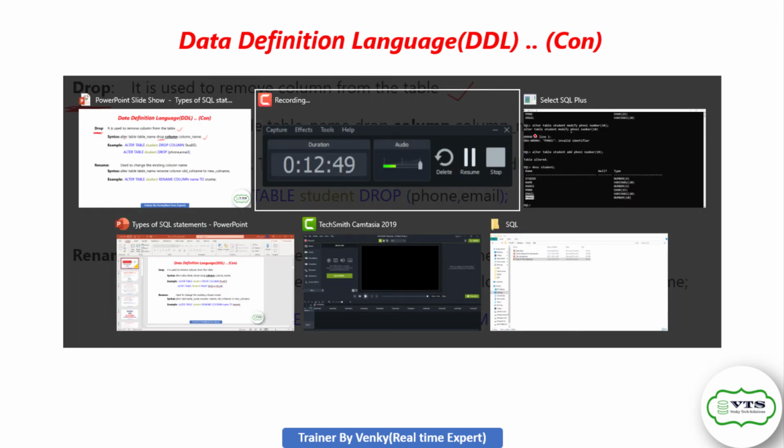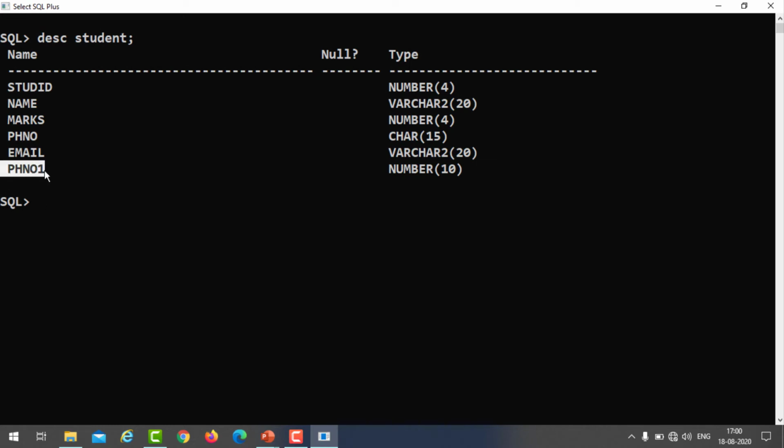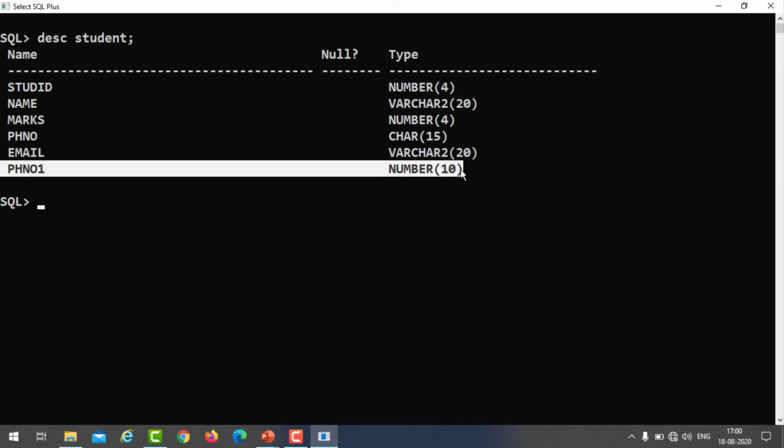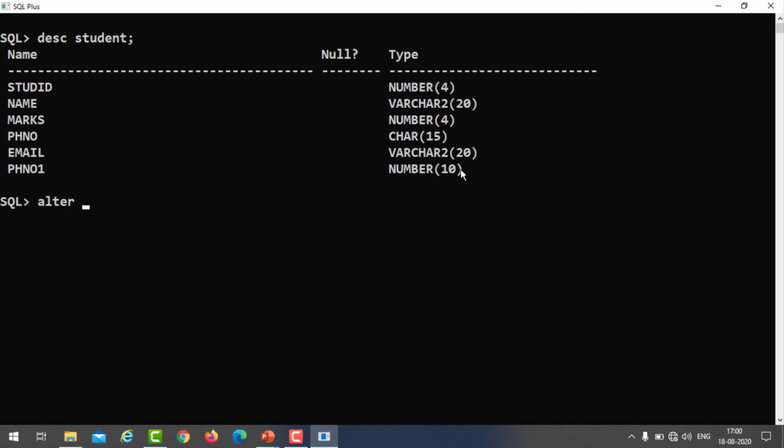Okay, you can see now I wanted to remove or drop one column from the existing table. So ALTER TABLE. You can see all the syntax is similar, just some keywords will be changed. The things you should remember are where it will be changed. DROP means removing, so if you want to remove a column from an existing table, you must use DROP.